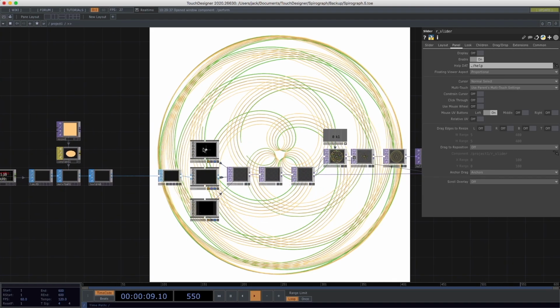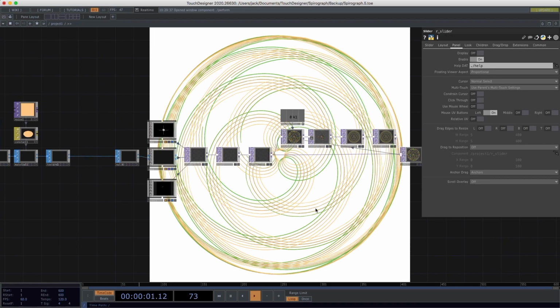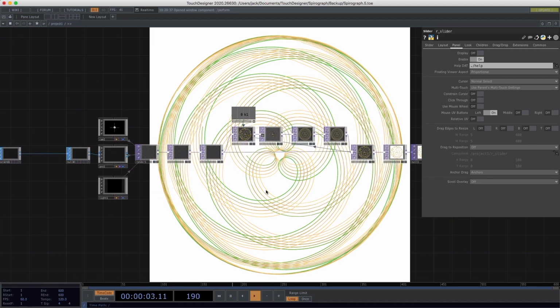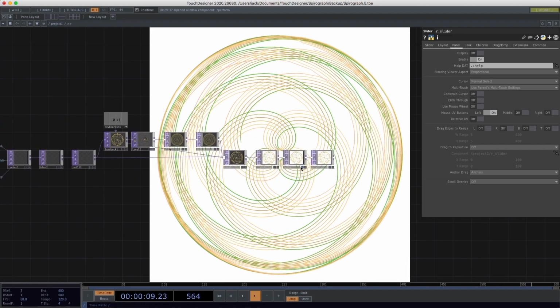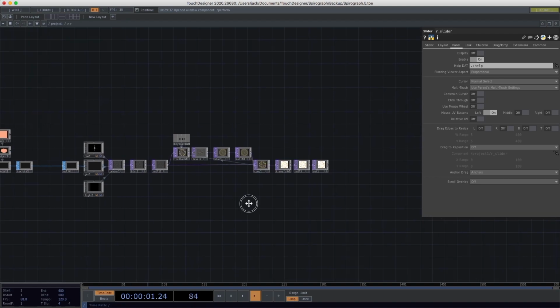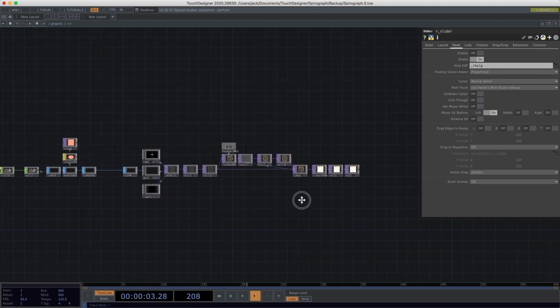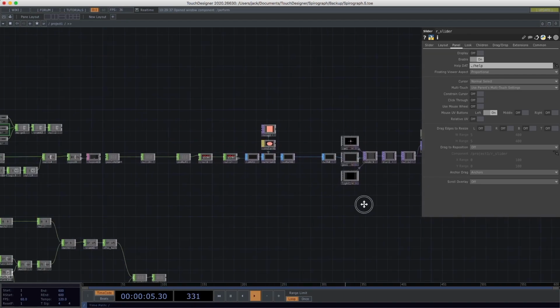From there, we render that information to TOPs, and then we use a feedback loop to allow this drawing to accumulate on the screen. So like our other tutorials, I will start by deleting this, but before I do, one thing that I wanted to note